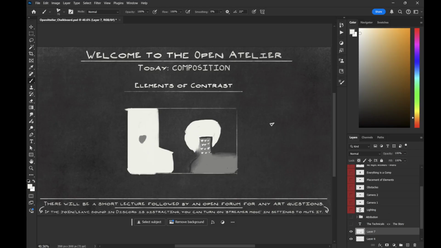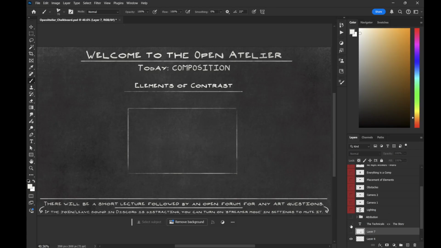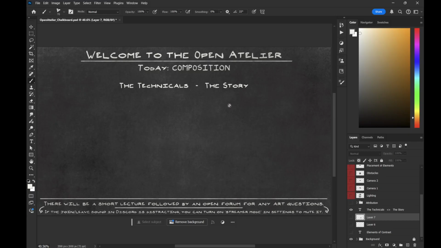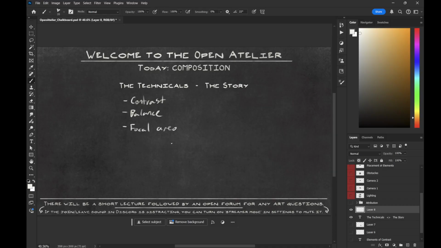All right. So we've got our tool belt now. And we can go into what I'm going to make an argument for as the core of composition. And that's the contrast of the technicals against the story. So when we talk about the technicals, we're talking about those tools. We're talking about balance, the focal area. We're even talking about artistic fundamentals. So this can include things like the perspective of the scene, the lighting,